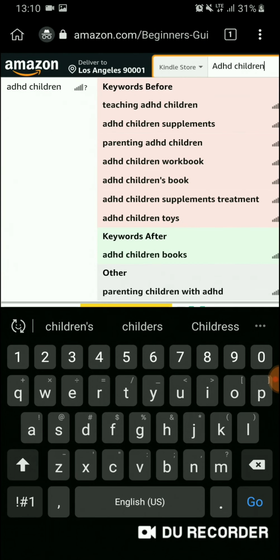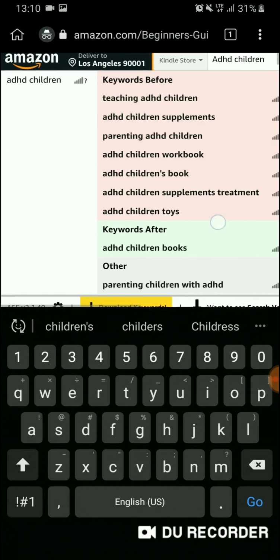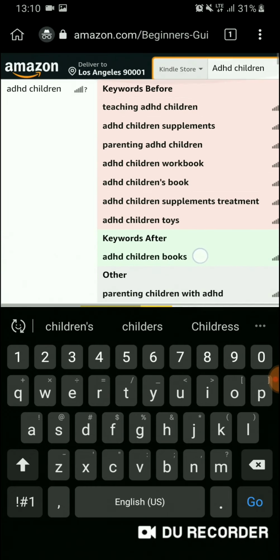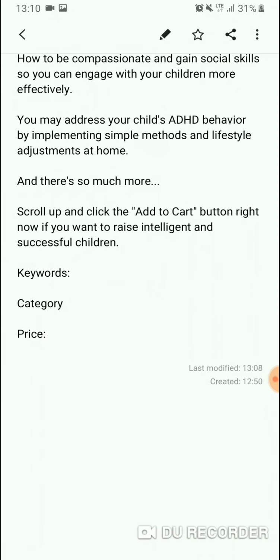Okay, you can see teaching ADHD children, ADHD children supplements, parenting ADHD children, ADHD children workbook, children's book, supplement treatment. So from here, I can be getting ideas for keywords, the ones that relate to your book. So I'll be picking this first one, teaching ADHD children, and the second and the third one. So let me come to my notepad,